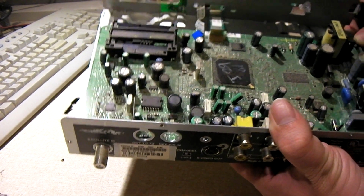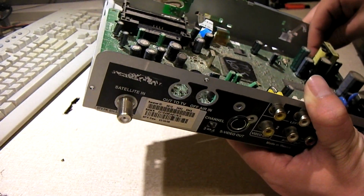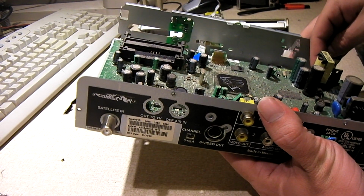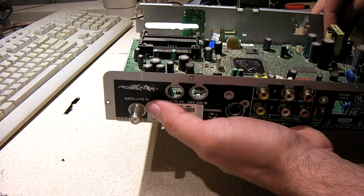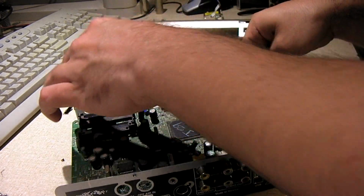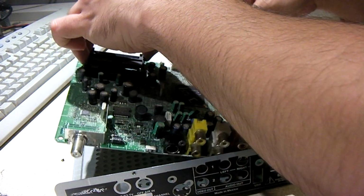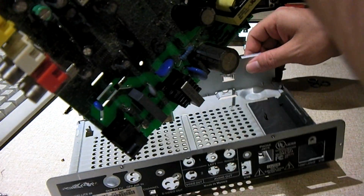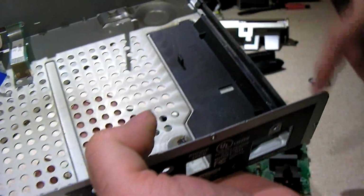Alright, let's see if this thing's going to come out. So there's only, get this, only two little tabs that actually hold the board in. The rest of it is the bolts on the back for the coax and a couple of miscellaneous screws. Once that's out, the entire board will come right out. Okay, so the board is out, and we had this little plastic insulator under the high voltage part